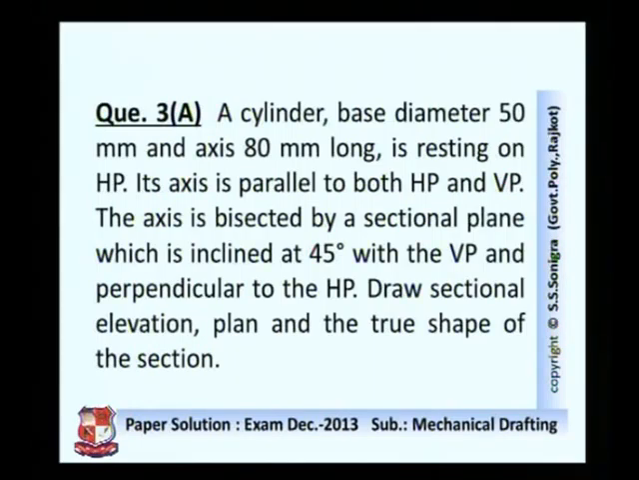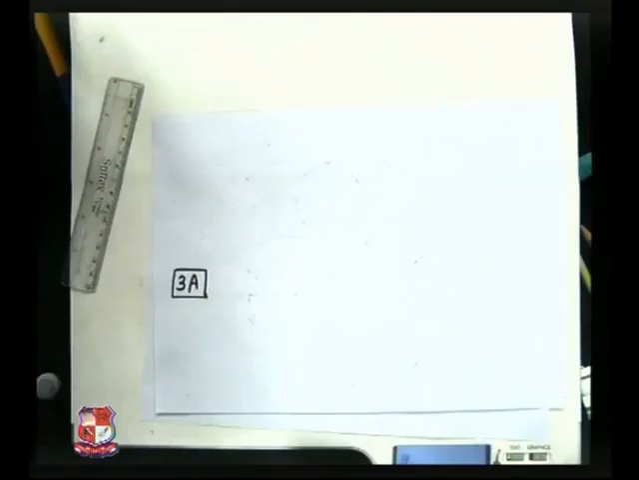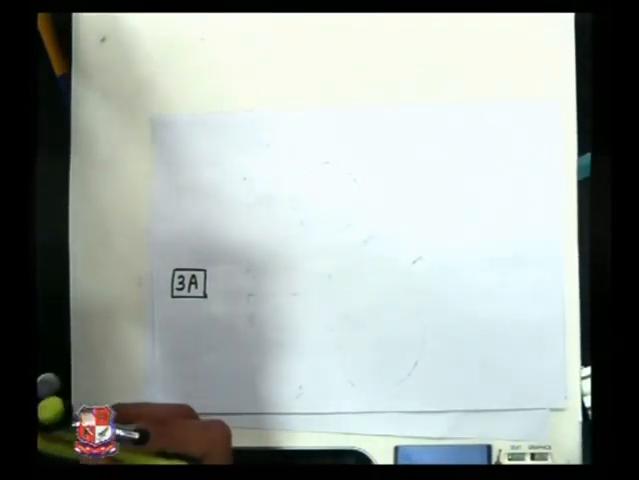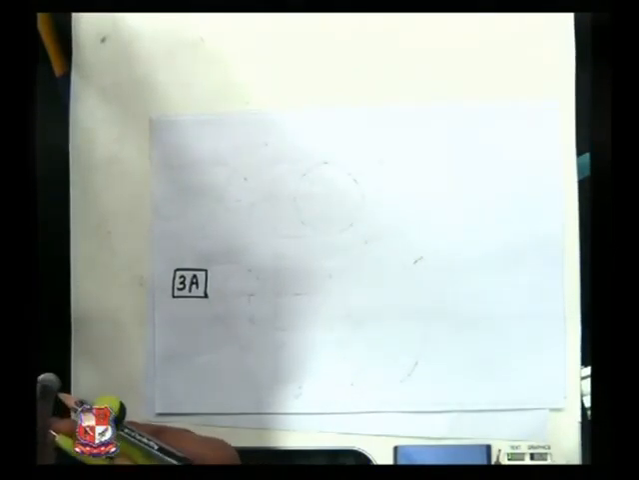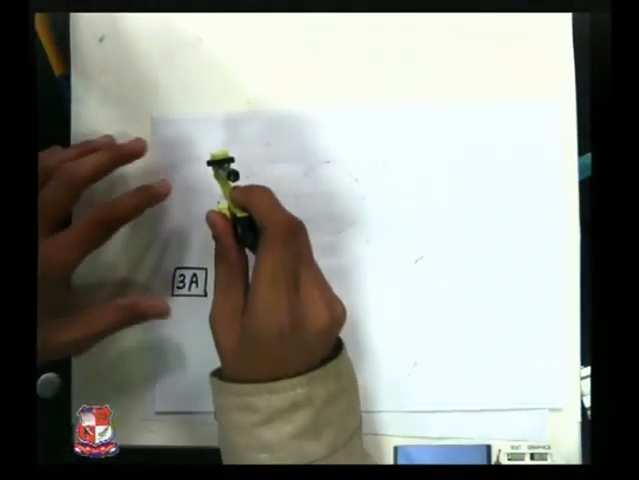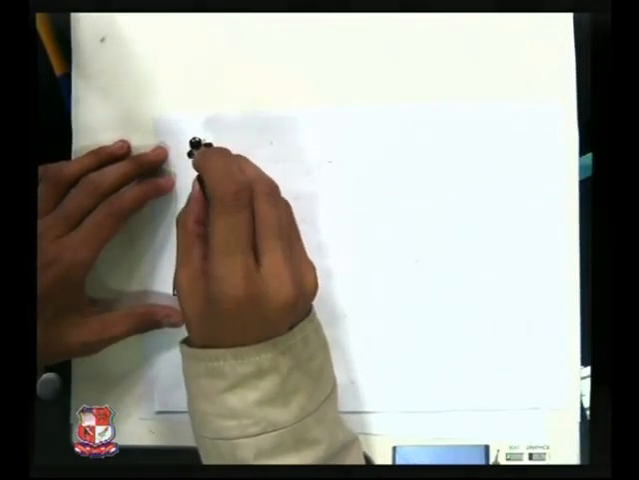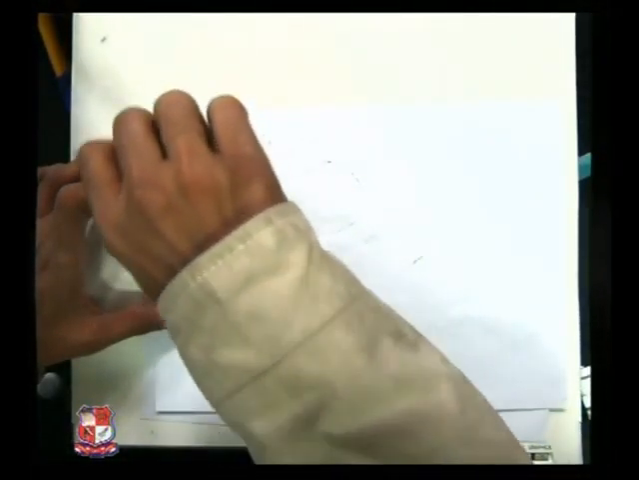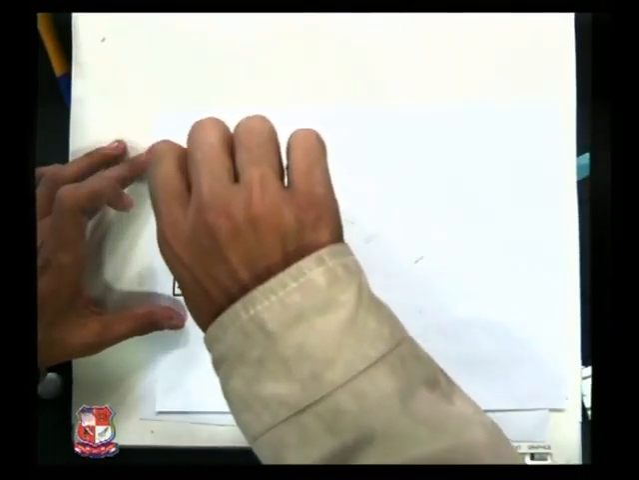To draw the solution of this problem, first let me draw its side view. In side view, that would appear as a circle having diameter 50 millimeter. So take 25 millimeter as a radius and draw a circle like this. So this is the side view of given cylinder,